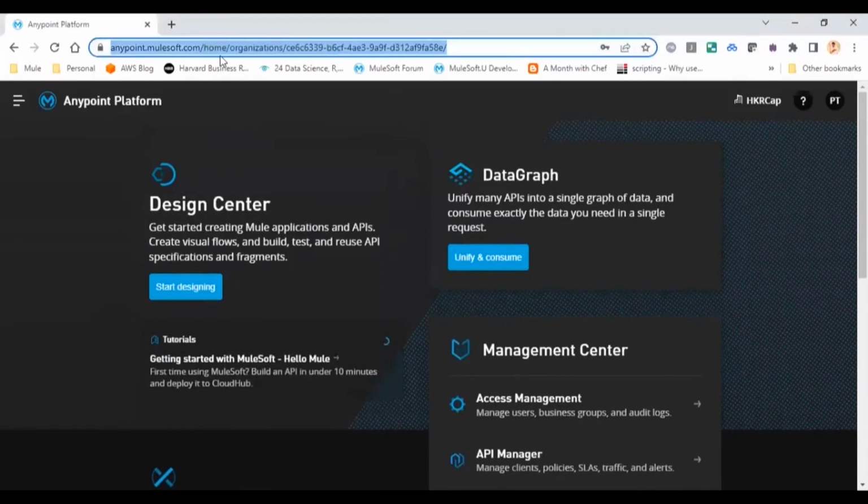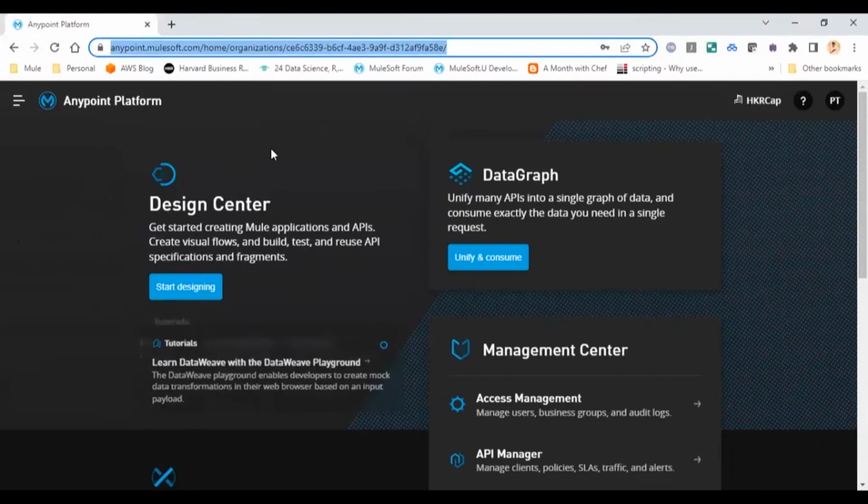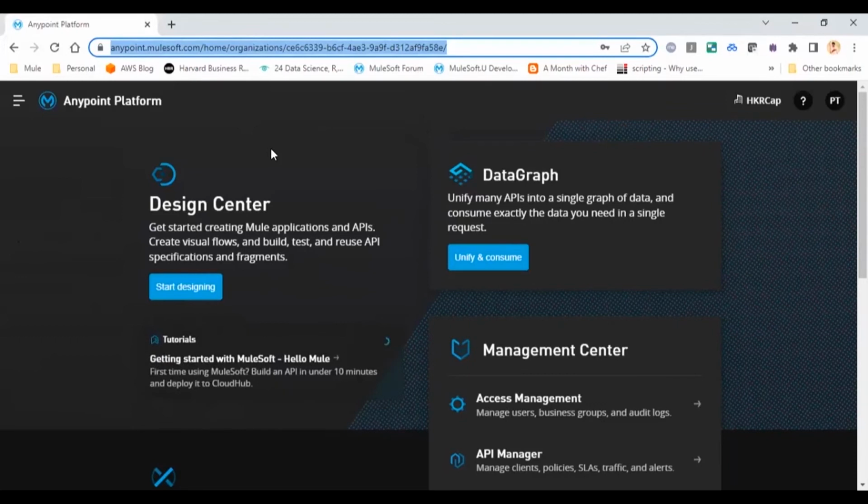So this is the Anypoint platform that I was talking about. Okay. So this is where we will do everything except the development. For development, there's a separate tool called Anypoint Studio. Except the development, everything else we are going to do here in this browser, in this Anypoint platform UI that you guys are seeing here. Okay,